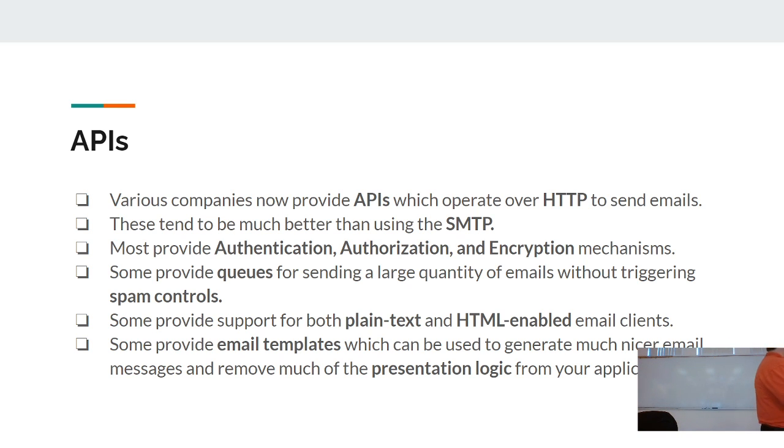So some of these providers, some of these APIs, also include ways to provide templates. So you're able to design it on their website and then put your data into it. Basically you can design it and you don't have to have all the HTML code for it on your end. You just say, hey, go use this template, right? And that makes things a lot better, because it means you don't have to put all the presentation logic for your email into your actual application, which,